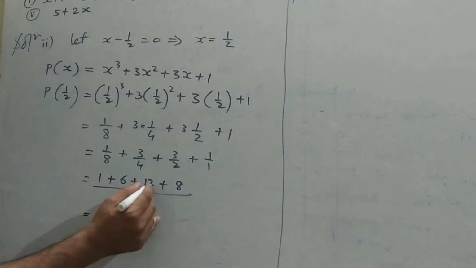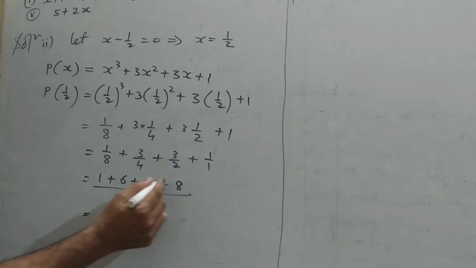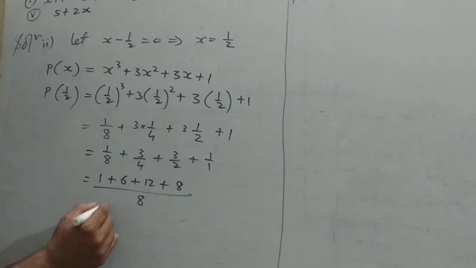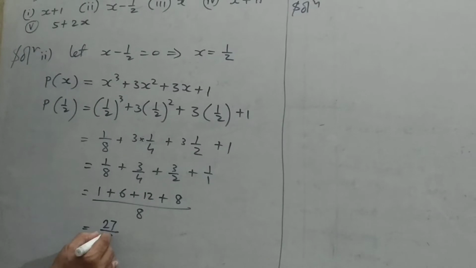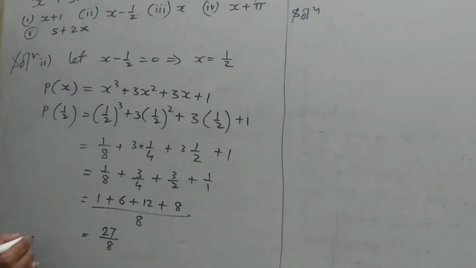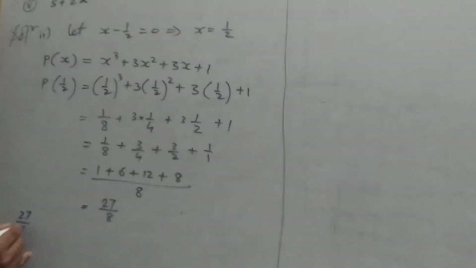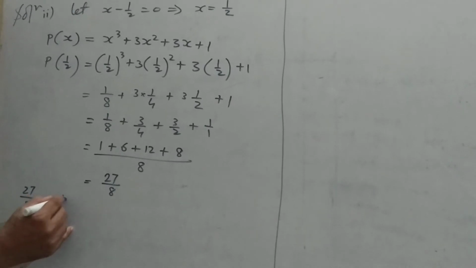Add this: 1 plus 6 plus 12 plus 8, that is 27 upon 8. Therefore, 27 upon 8 is the remainder